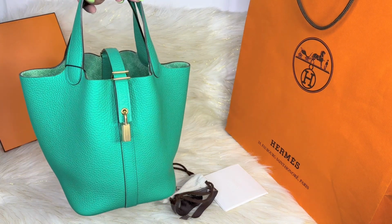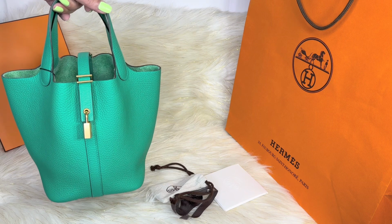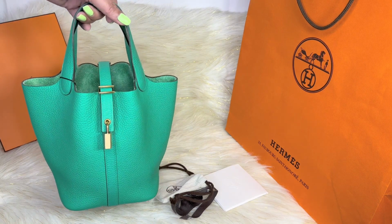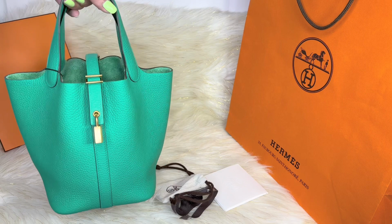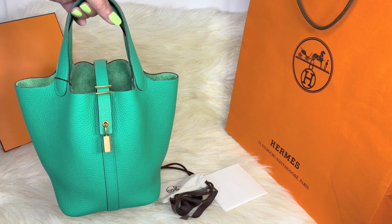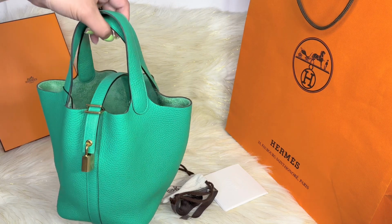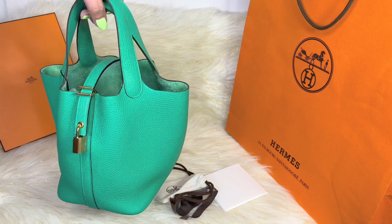I'm not looking for a Kelly bag at the moment. I had those Kelly bags years and years ago, before I started my YouTube, and I realized that it didn't really work out for me. I tried Hermès again, and I think this is the perfect bag for me, because you could just wear it anywhere you want. You don't have to choose a place or find a particular place where you could wear that particular bag, especially the Kelly bags. It's just so awkward when you wear them at the supermarket. But this one is such a perfect